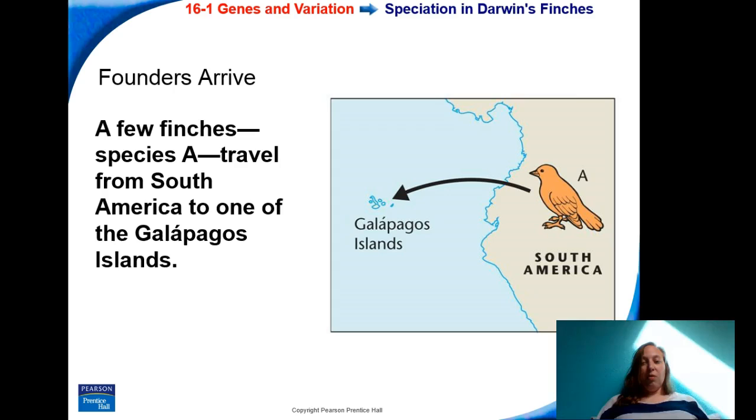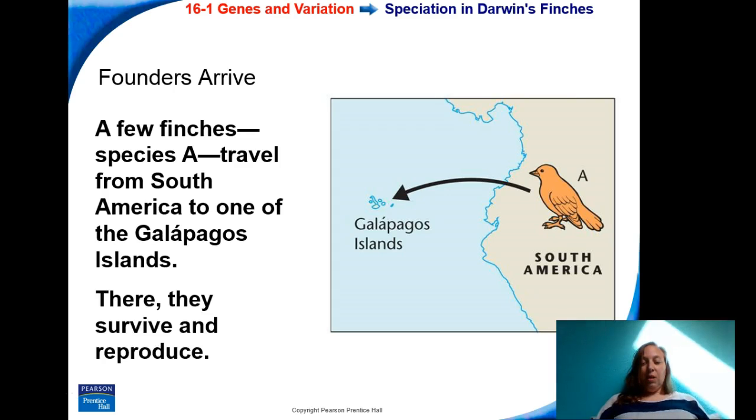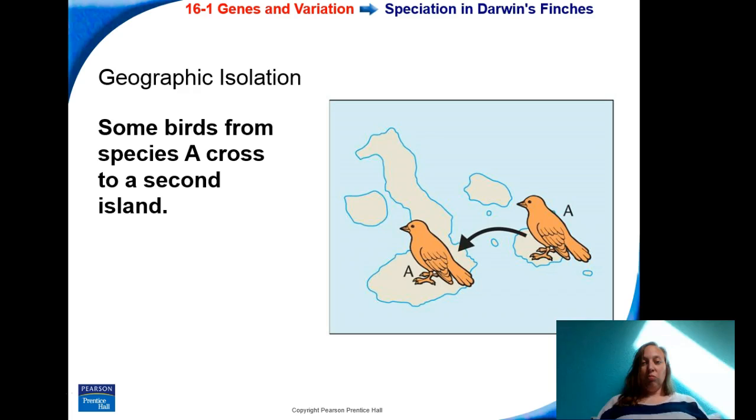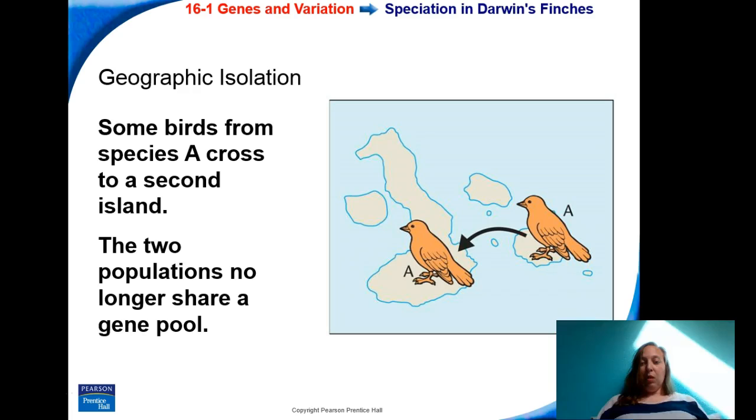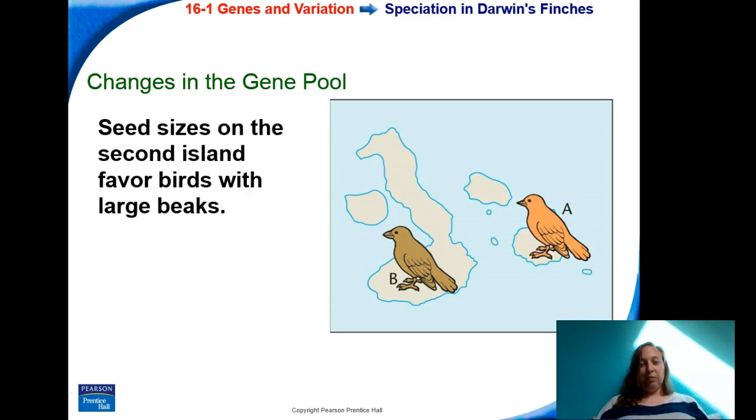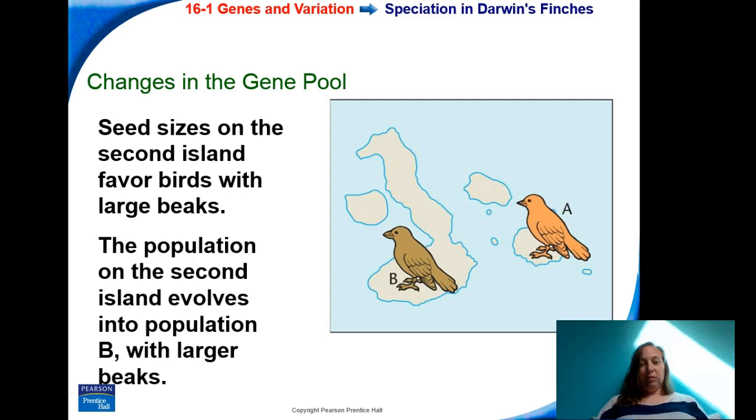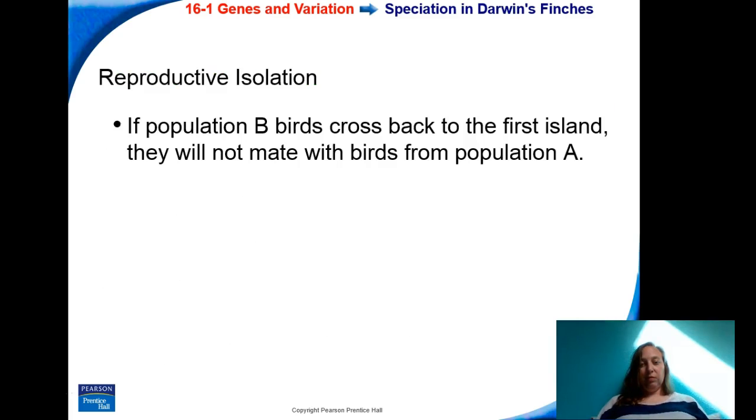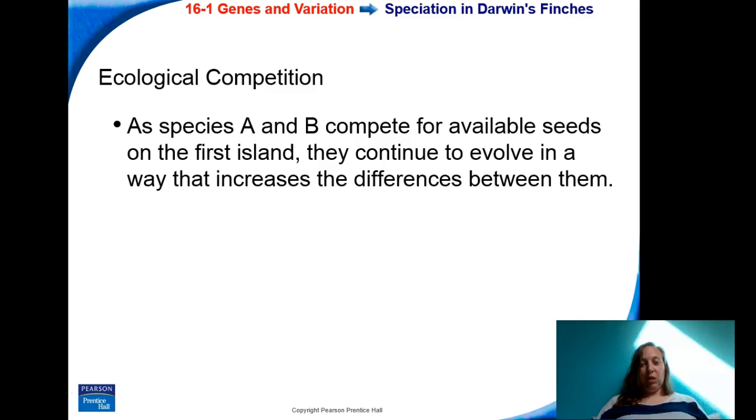So this gives you kind of the story of how this works from South America. Remember, this is coming from Ecuador, going out to the Galapagos Islands. They're the ones that reproduce, get separated by islands. They will end up with no longer having the same gene pool because of the traits that they're taking on to allow for them to be able to survive. Skip through that, we've talked about those. And that is the end of our conversation regarding